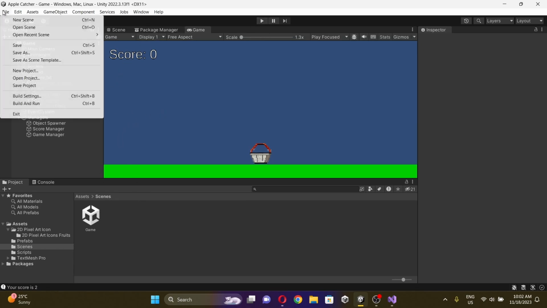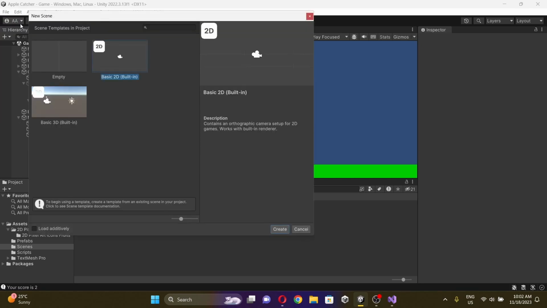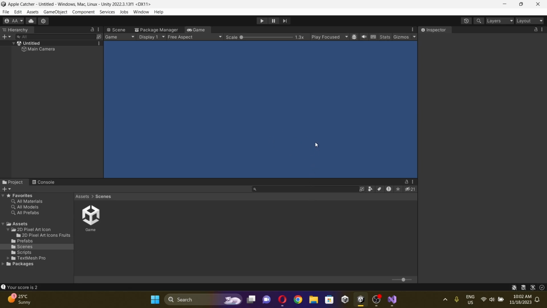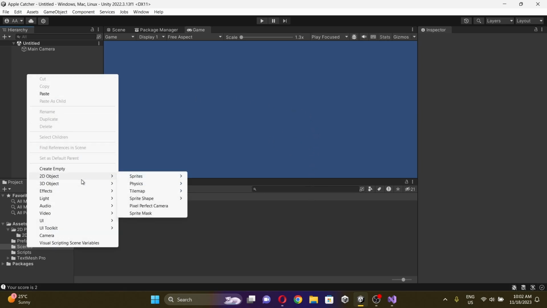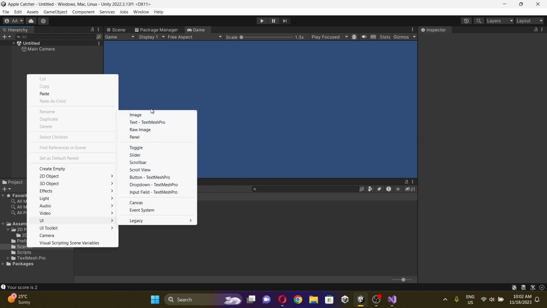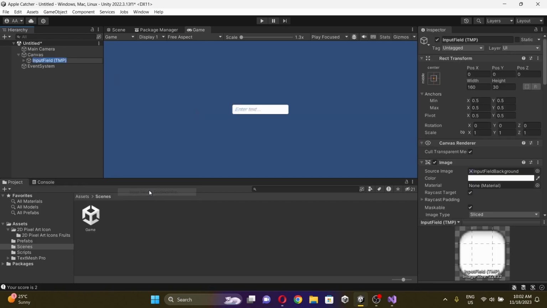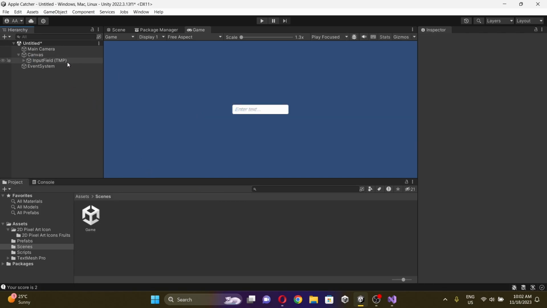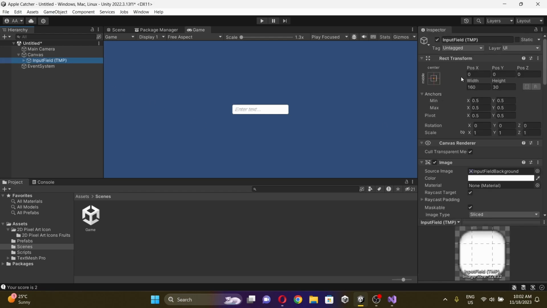go ahead and hit File, New Scene, and we're going to make it a 2D scene. And over here, this will be the final thing we're going to be adding in this video. It is the username. So go in the UI, and we'll be choosing input field, and in this input field we will be assigning the username itself. We're going to be writing it there, and I'm going to make it a bit bigger, 1.5,